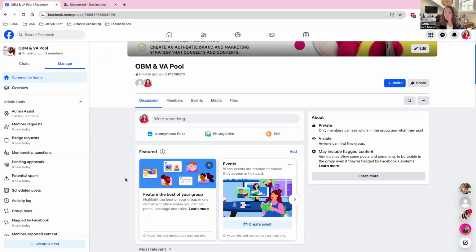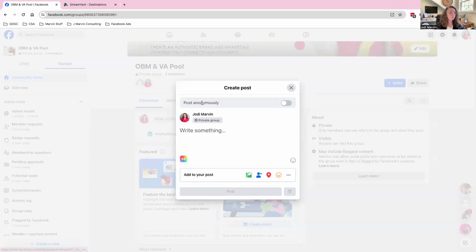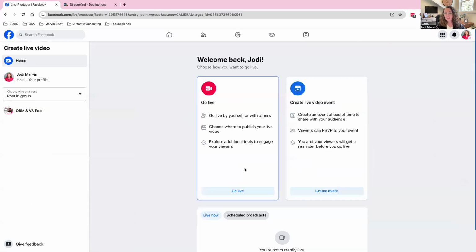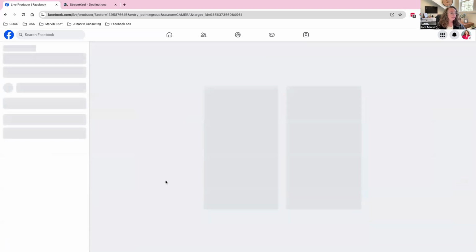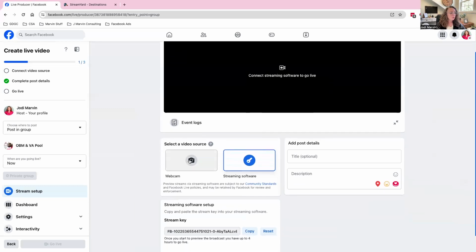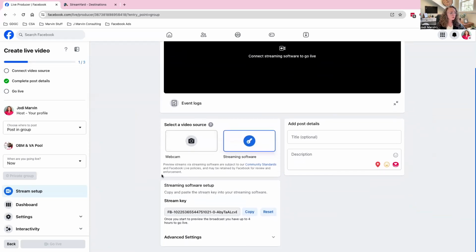So you're going to go into your Facebook group. You're going to pretend like you're creating a post. So just click on the box to pretend like you're creating a post. Then you're going to pretend like you're creating a live video, okay? Now click on Go Live. And instead of using our webcam, we're going to use a streaming software